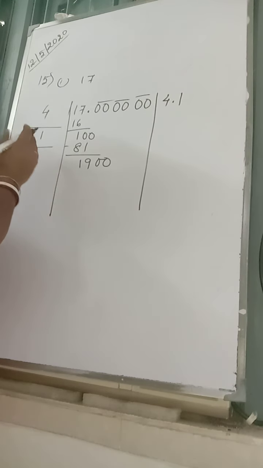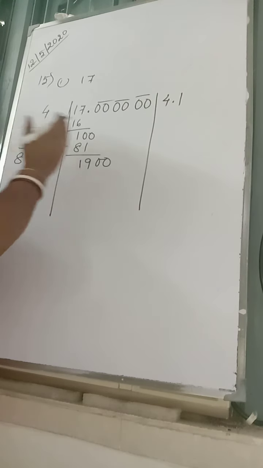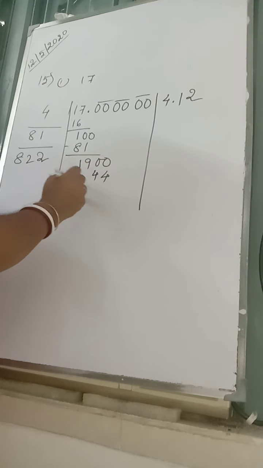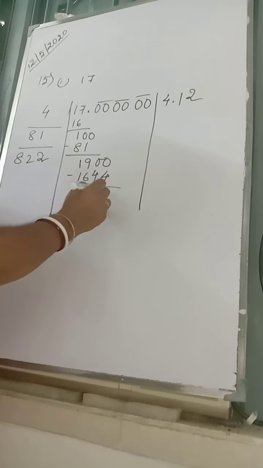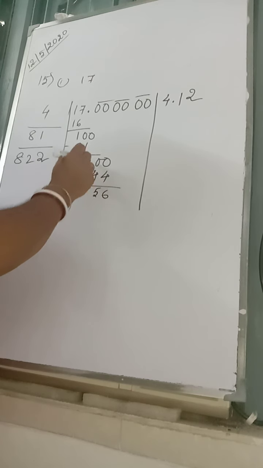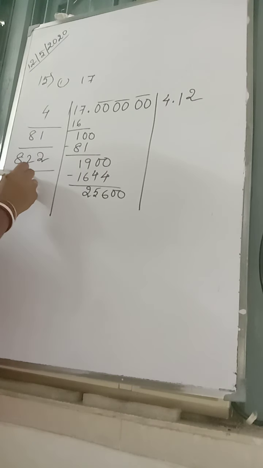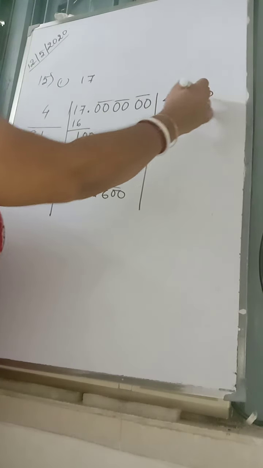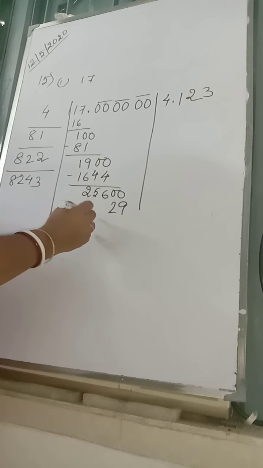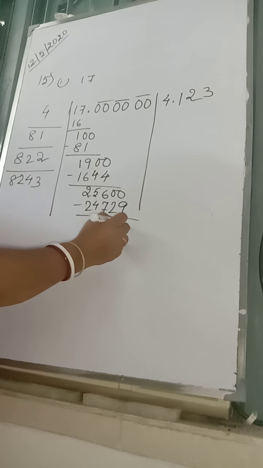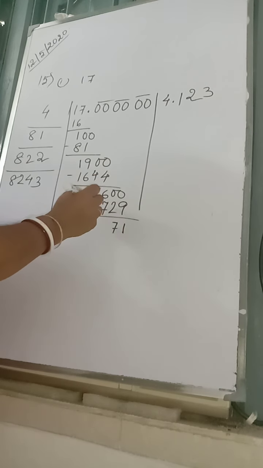Double is 82. Height 1, height 2. 8 2s are 16. So we'll just give 2. 2 2s are 4. 2 8s are 16. 10 minus 4, 6. 9 minus 4, 5. 8 minus 6, 2. Another 0 will come out. Then it gives you 8, 24, 2 digit, 3 digit. 8 3s are 24. So multiply with 3. 3 3s are 9. 3 4s are 12. 3 2s are 6 and 1, 7. 3 8s are 24. 10 minus 9, 1. 9 minus 2, 7. 15 minus 7, 8.